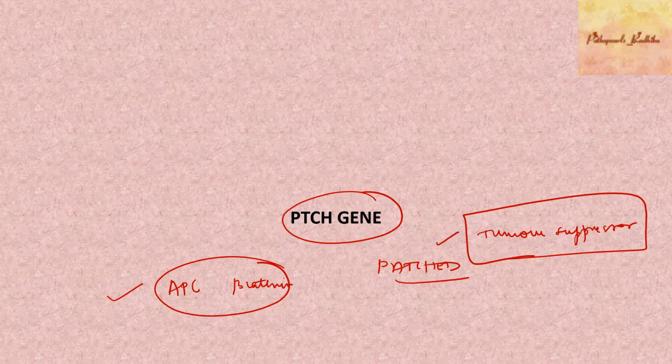So this gene is a tumor suppressor gene. When you have mutations or when this gene is affected, you can get certain tumors. It predisposes to the development of certain tumors. The chromosome where it's located is 9q. You can easily remember q, so half of it is 9, right? So it's located on chromosome 9q.